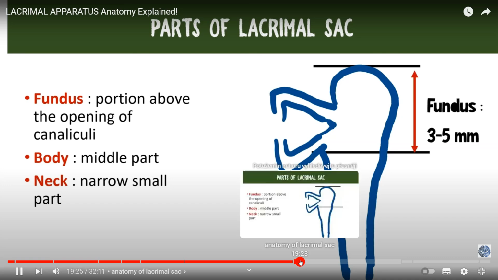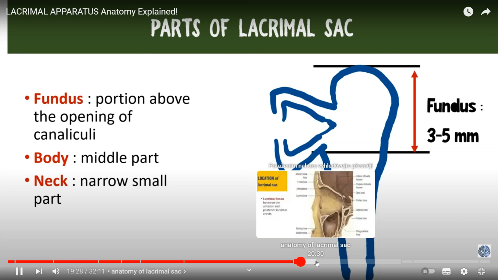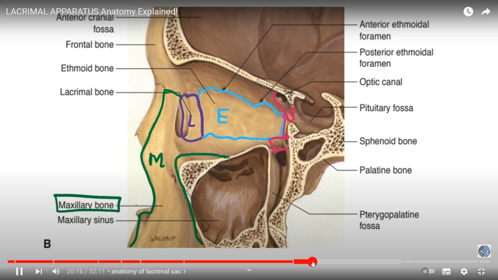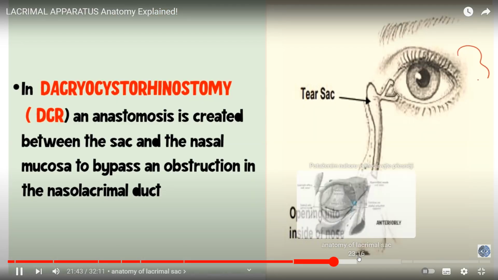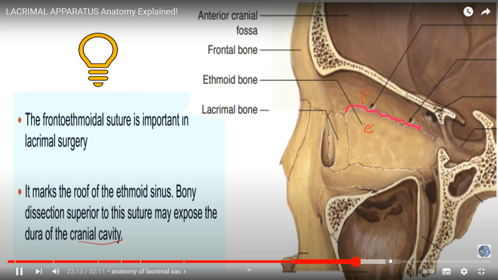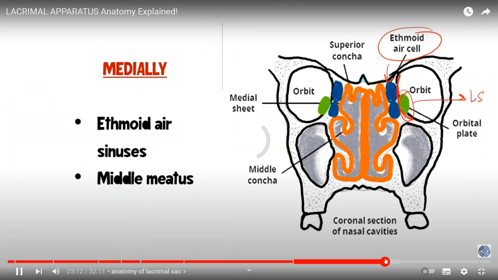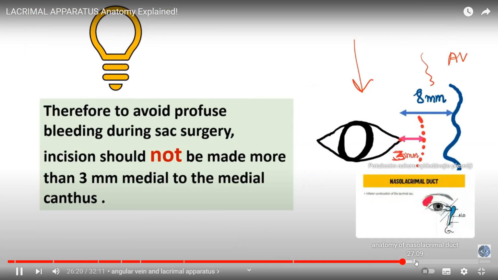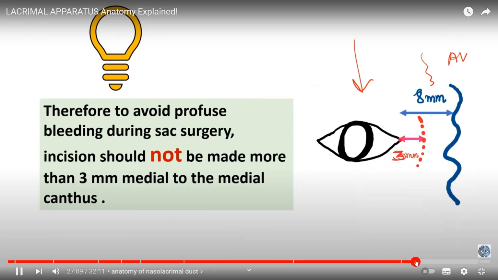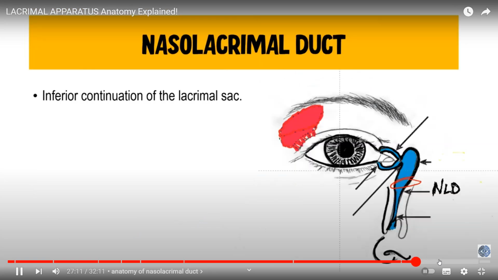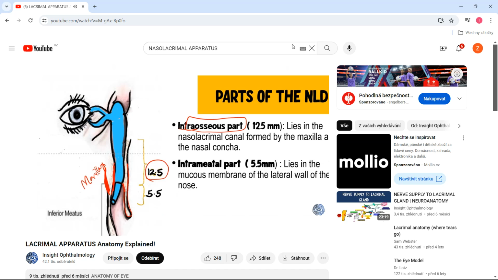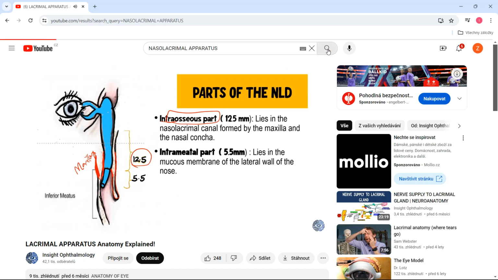We have an upper part which is called the fundus, which is about 3 to 5 millimeters. The orbit is actually formed by the maxillary bone. And to be more specific, gland flow to the conjunctiva to remember part of the orbit. So this is the ethmoidal air sinus, right? So definitely if you were actually to make a surgical incision of your lacrimal, it lies basically in the mucous membrane of the lateral wall of the nose. So that part of the NLD is called